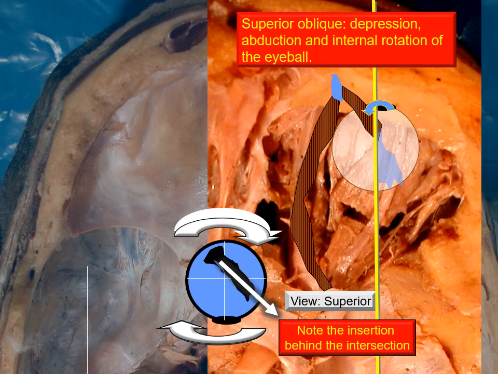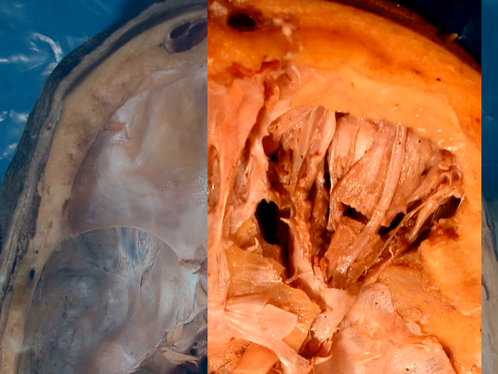We'll move over to the next, namely the medial rectus.